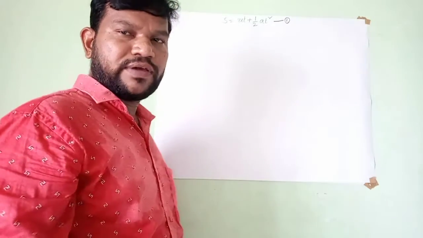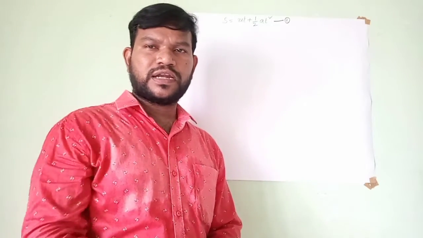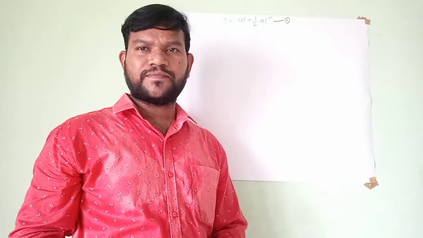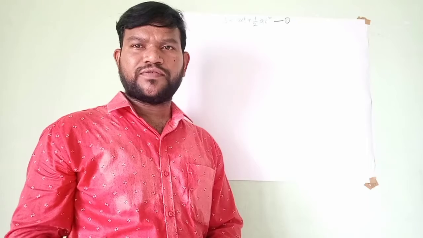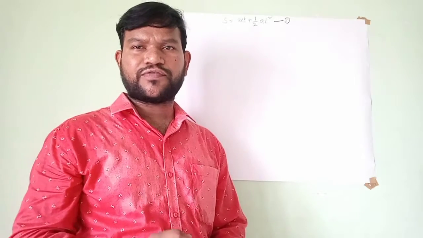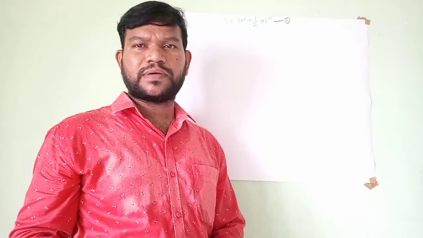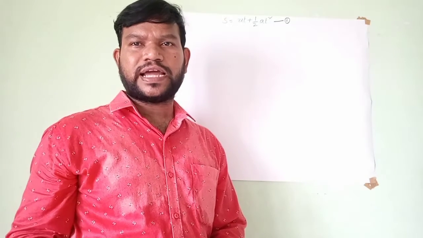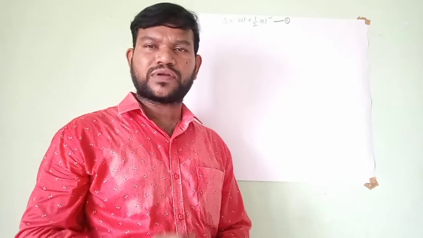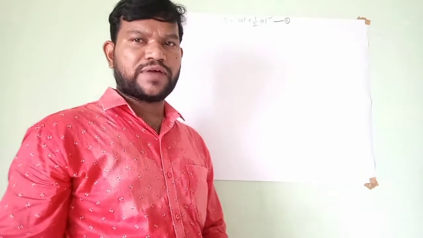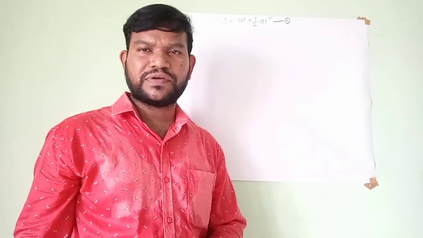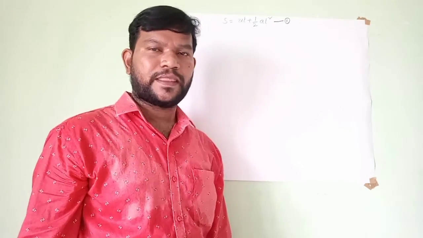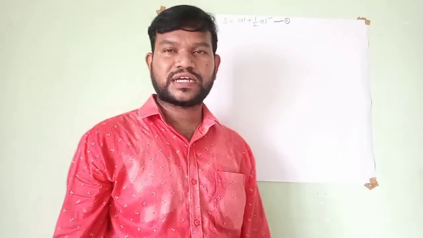Students, when we are deriving a kinematic equation, let us consider a body has a uniform acceleration a meter per second square, initial velocity u meter per second, and final velocity v meter per second. Distance traveled by the body in time t, and time taken is t seconds, that you have to write in sentences. Then, according to the second kinematic equation, S is equal to ut plus half a t square. Students, we already know the first kinematic equation.